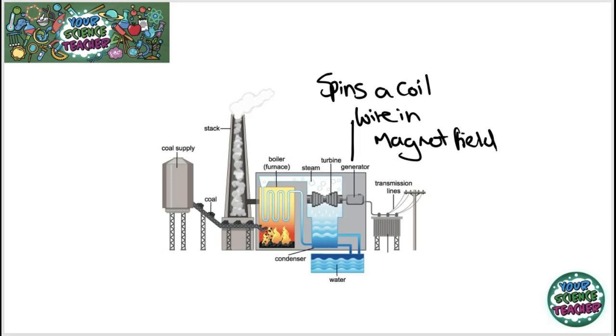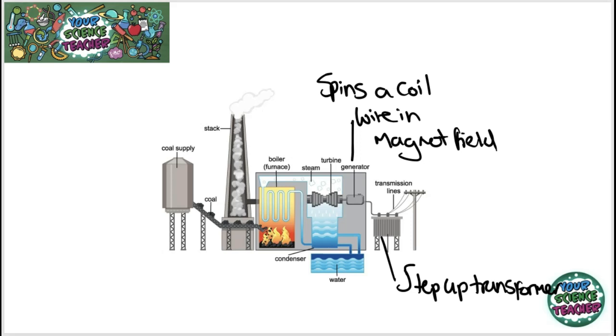And then we use a step-up transformer to increase the potential difference, and then we send it across in pylons all over the country to where the electricity needs to go. You might say, well, where does the steam go? And you might have seen those huge cooling towers by power stations. In fact, most of the infrastructure in a power station is those cooling towers, and most of them are emitting steam. It's usually the really thin tower that emits all the carbon dioxide and sulfur dioxide and other atmospheric pollutants